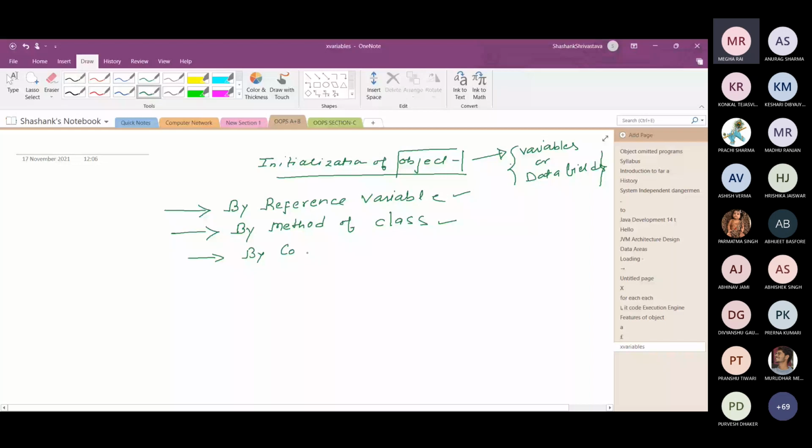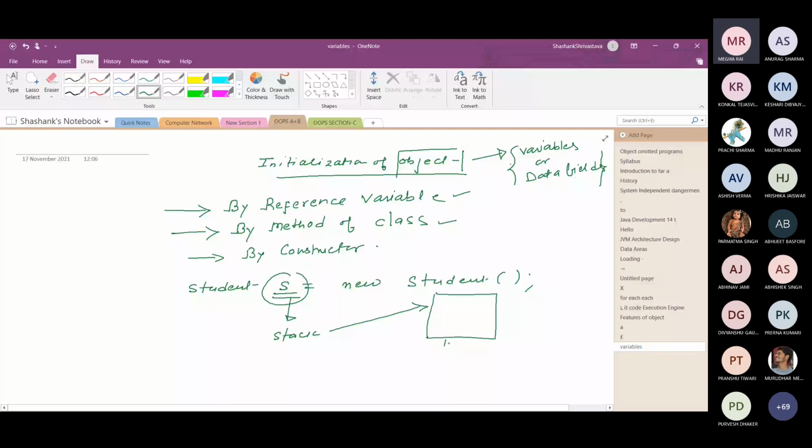Coming to the first method, by reference. What is a reference variable? I have already given an example: suppose there is a class Student. If I would like to create an object of the Student class and write Student s = new Student(), then s is a reference variable stored in the stack, which refers to the memory location where the object is created in the heap.